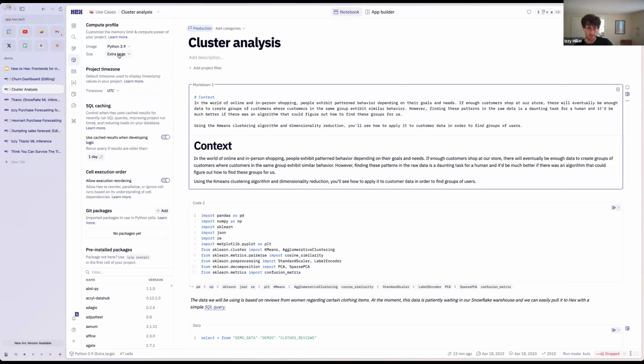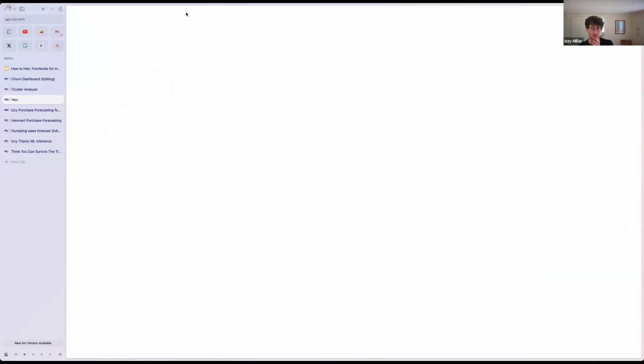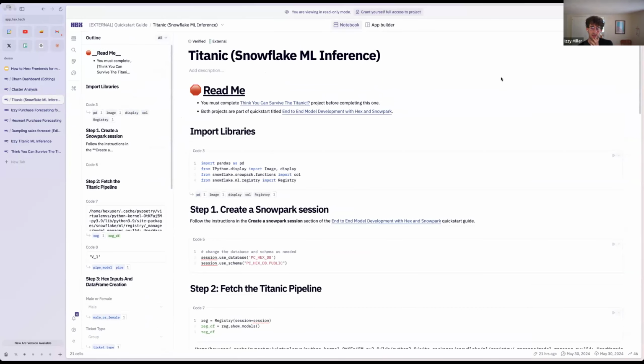The other thing I'll say, so that's one part of the answer, right? You can just literally scale up the Hex backend architecture to be a 128 gigabyte RAM server. The other thing you can do is if you're using Snowflake, and this works for BigQuery as well, but I don't have an example of it up, you can rely on Snowpark and Snowflake ML to run your training and your inference steps. And this project is actually using Snowpark with Snowflake to offload the heavy compute from the Hex kernel and push it into the Snowflake warehouse,